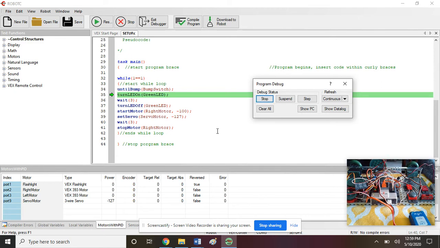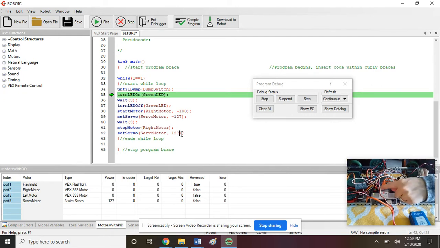So right here under stop right motor, I'm going to copy this one because it's my servo motor. I'm going to put it down here, and I'm going to set my servo motor to positive 127. So let's talk through it. LED for 3 seconds, turn off LED, simultaneously turn on this motor, simultaneously turn this to -127, which is already